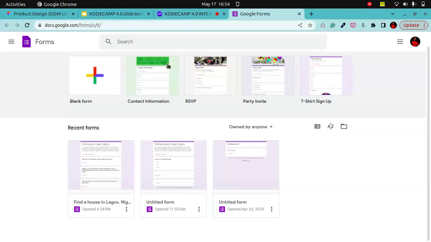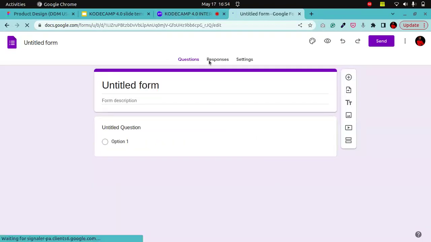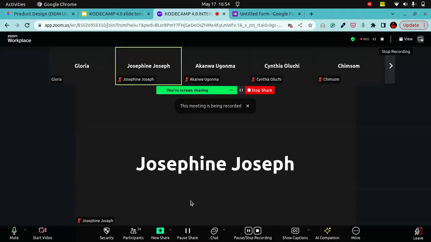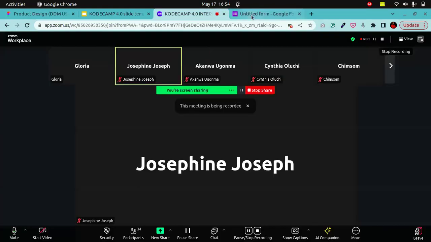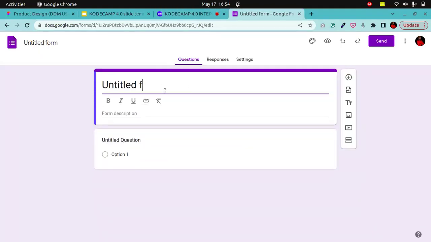To create a Google Form, once you open your Google Forms, you come to this plus here. Once you click on it, you create a fresh form. Here you need to give your form a title so that people that are going through the form will know what your form is all about. So here I'm going to type